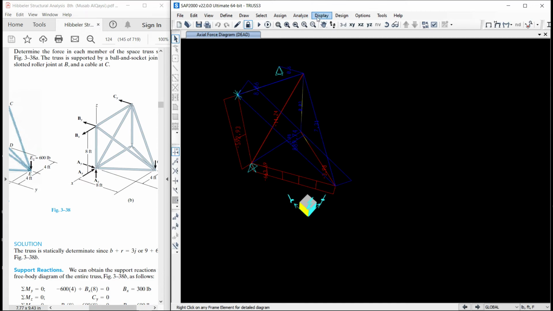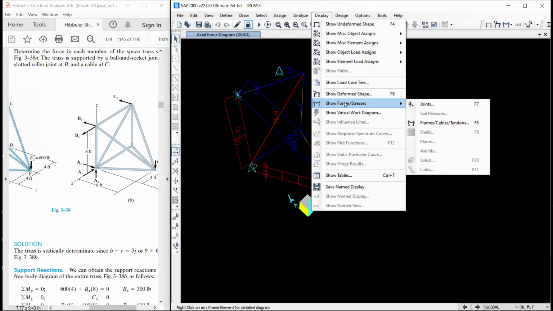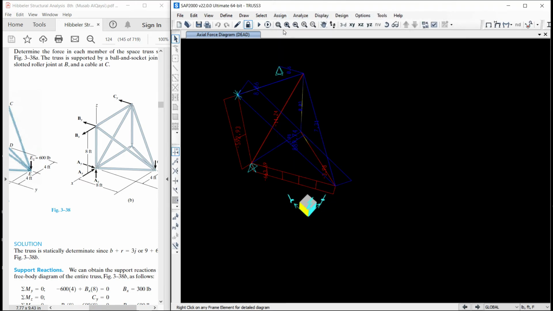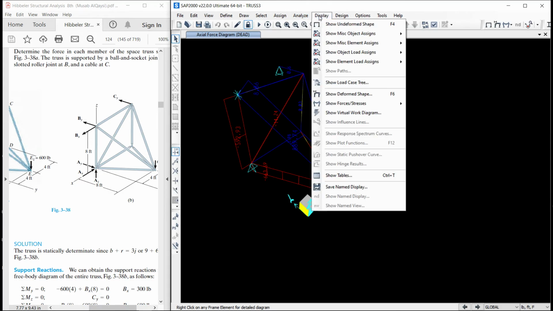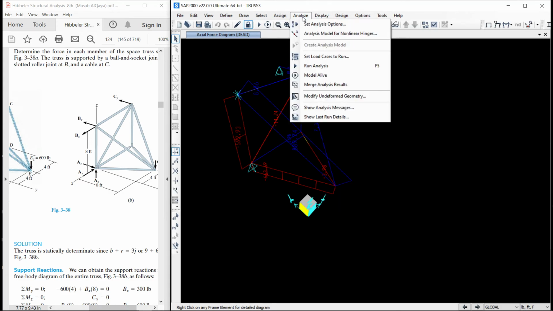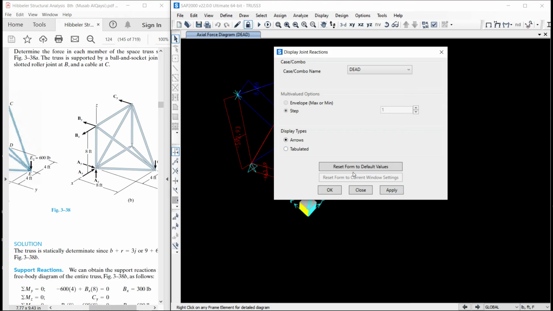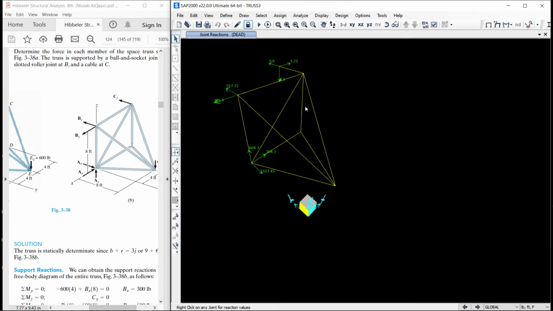Now let us put the display off over here. We do not want this. We just want to see the joint forces. Now you can see that there is a small change here. So just because of the change in our support conditions, our result changes.